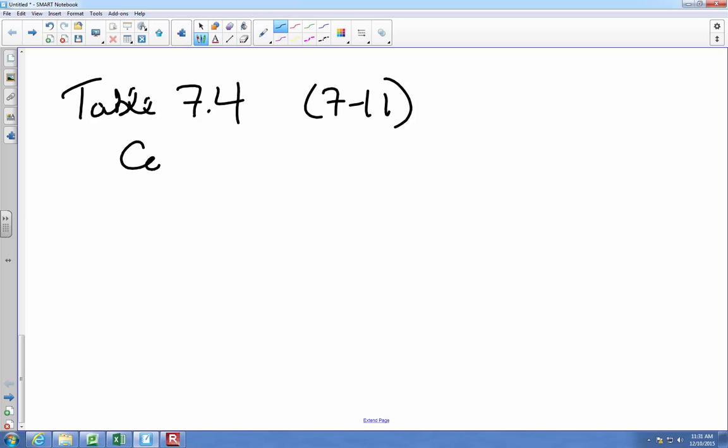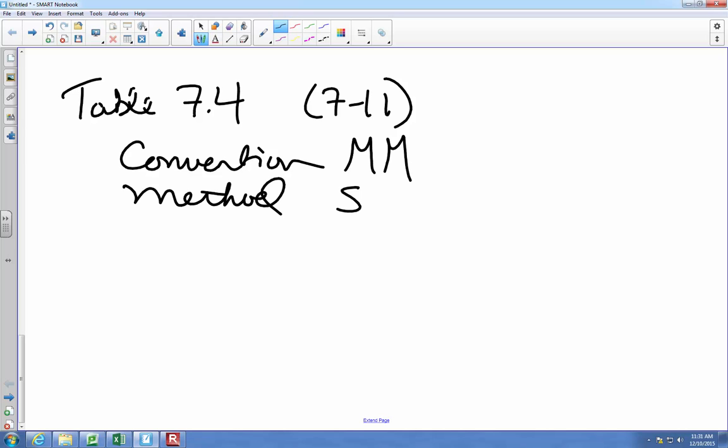And what's the convention for residential real estate again? Mid-month, right? The convention is mid-month. The method is what? Straight line. Right? Mid-month convention, straight line method. I pick up